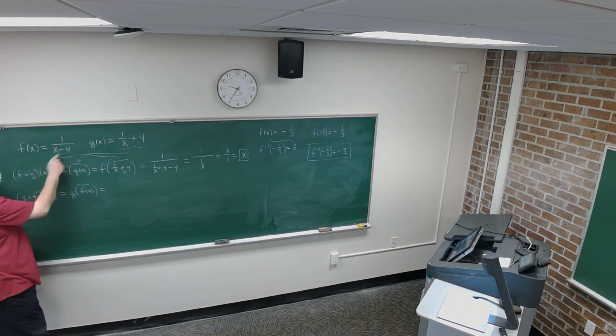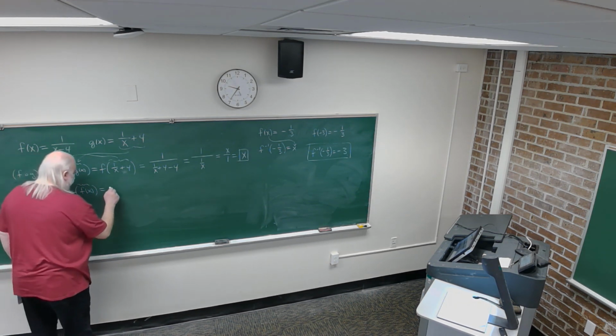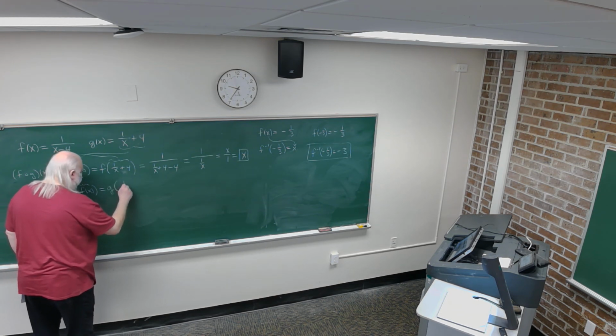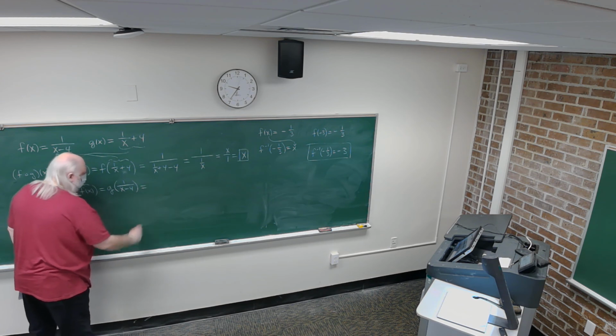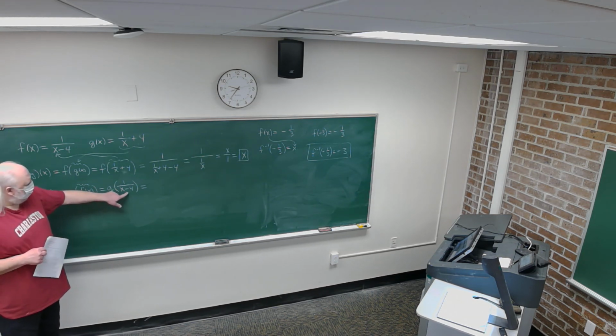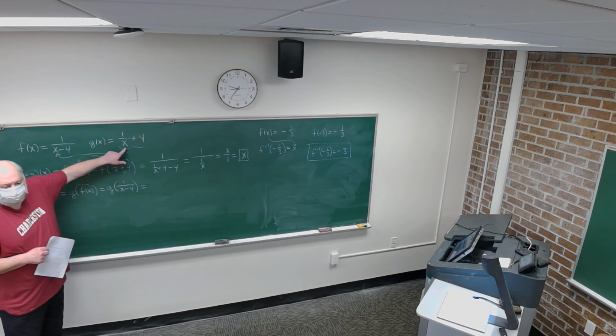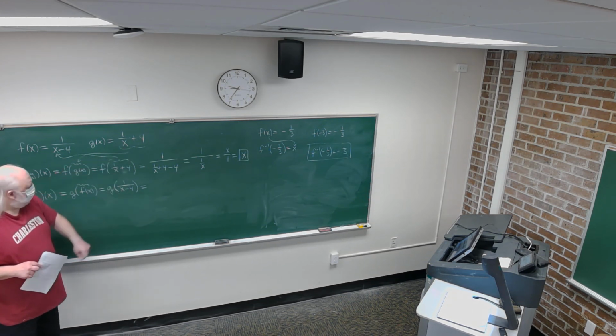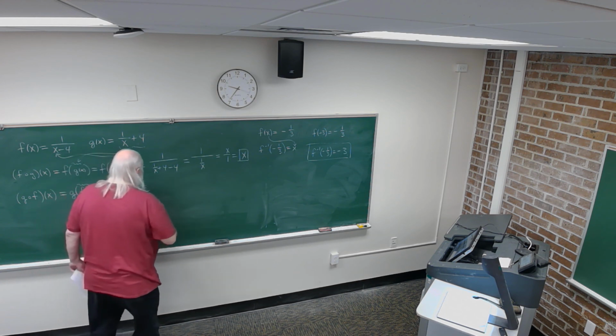Well, it's equal to 1 over x minus 4. So this is equal to g of 1 over x minus 4. And now to evaluate g of 1 over x minus 4, we put 1 over x minus 4 in for x on the right hand side of g of x. And we have